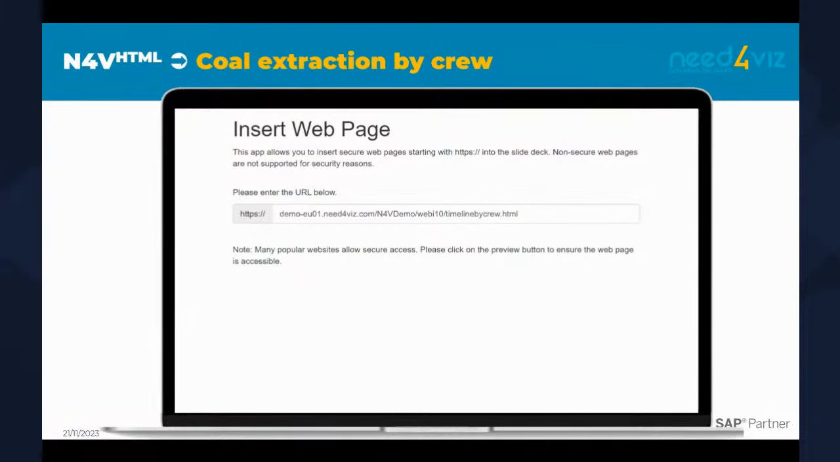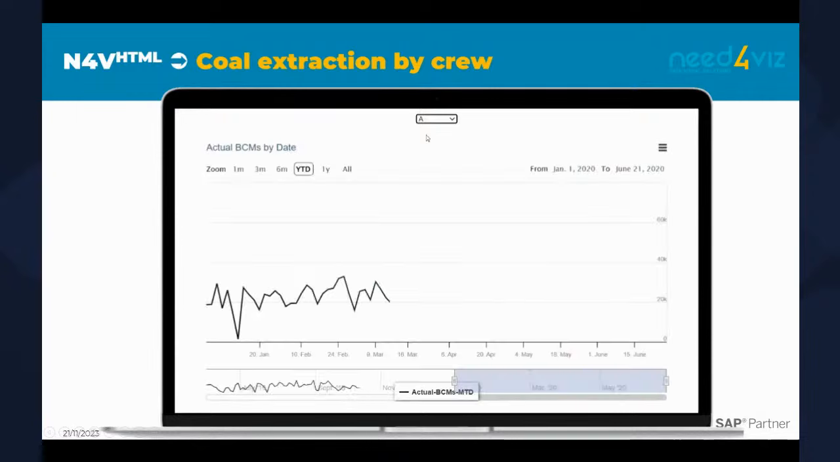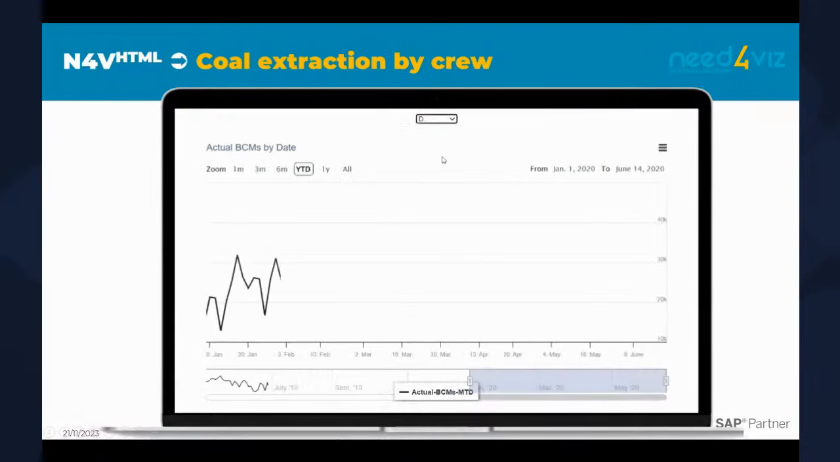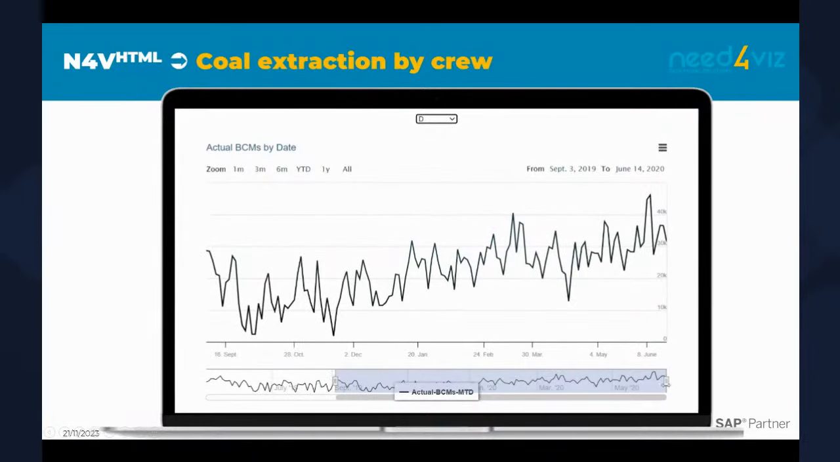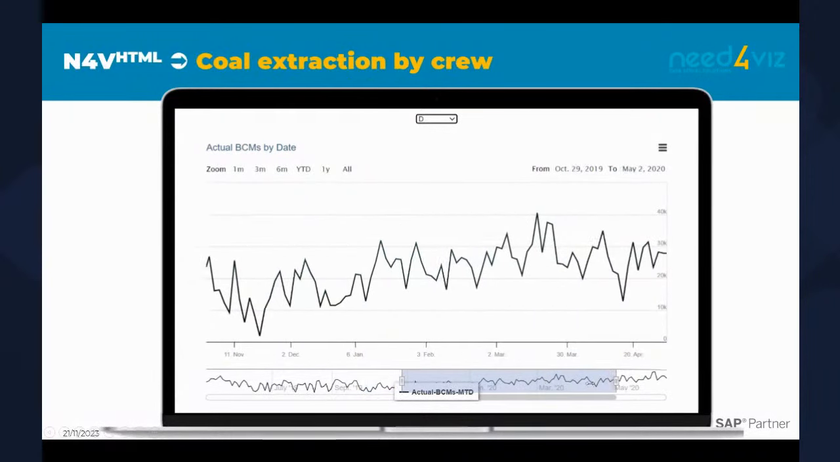Now let's switch to the exports of what we've seen previously, which is the HTML export of the analysis of all the crews in the mine. And what we can do is that we can integrate this HTML export into a PowerPoint presentation. So what you are seeing on the screen now is the export that was done, and you can see that